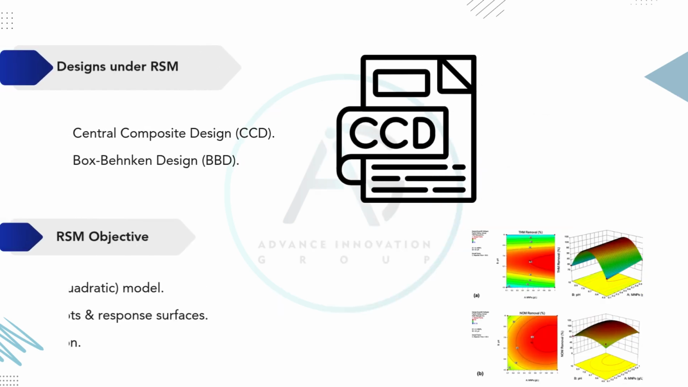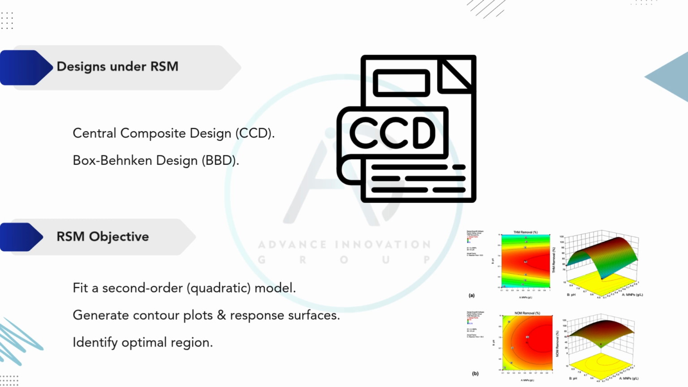Now let's look at some common designs used under Response Surface Methodology, or RSM. Two widely used designs are Central Composite Design (CCD) and Box-Behnken Design (BBD). These designs are used when our objective is to go beyond simple linear models and fit a second-order or quadratic model. This allows us to explore curvature in the response, which is especially useful when we are trying to optimize